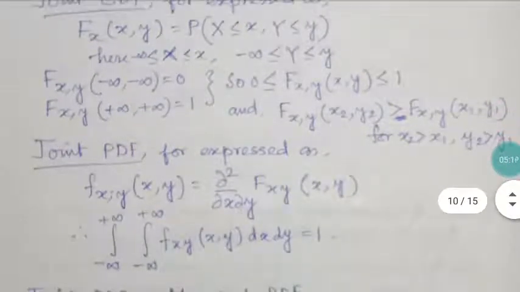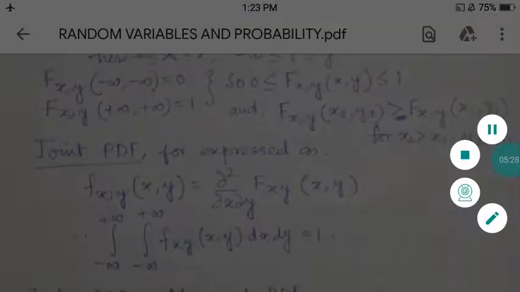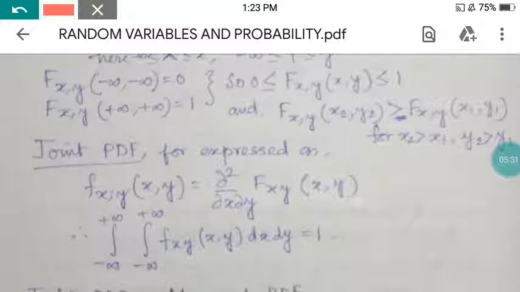So what is a joint PDF? In the same way as the joint CDF, if you represent small f_XY equal to del del x and del del y, we can write it in this way, as you can see. So in the same way as you represented the joint CDF, we should represent the joint PDF, small f of x y, in that term. So small f suffix XY of x comma y equals del square by del x del y of F_XY of x comma y, because two variables are there.